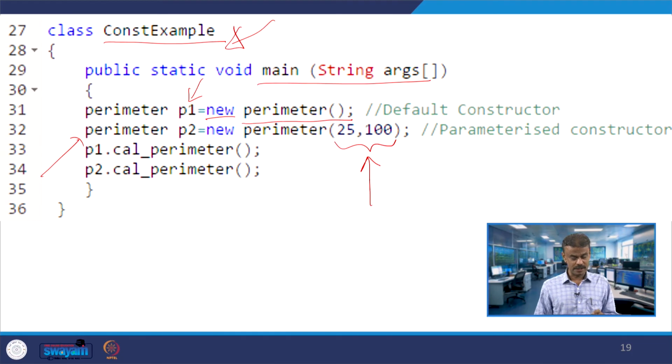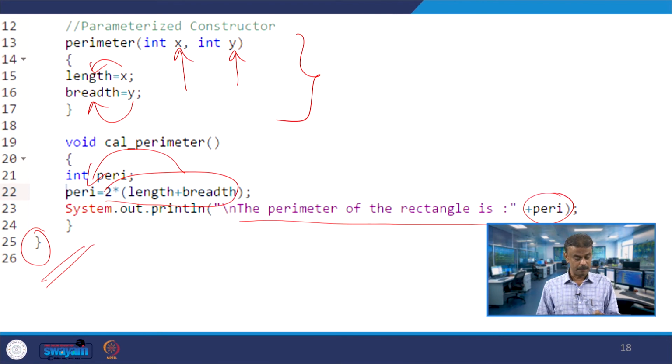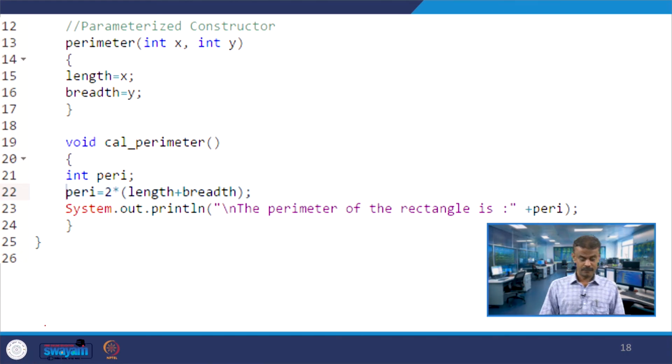Now we will see what further methods it is calling. P1 is invoking the method cal_perimeter. When P1 is invoking this, you have a local variable peri. We know for P1 length is 0 and breadth is 0, which is what happens in the default constructor.